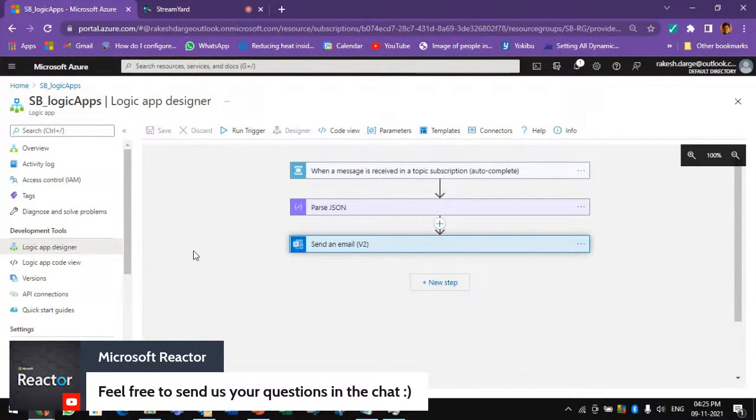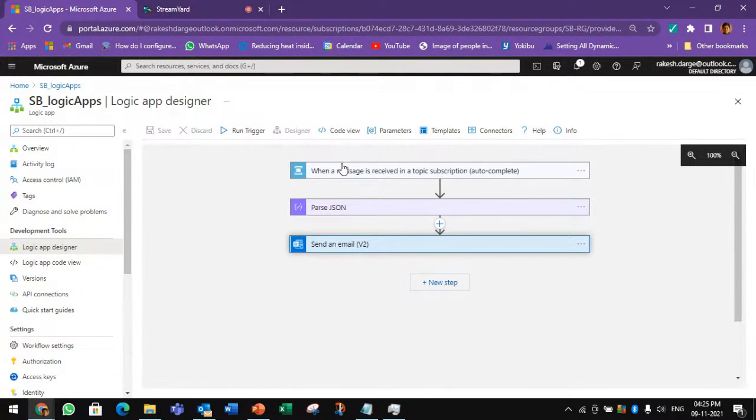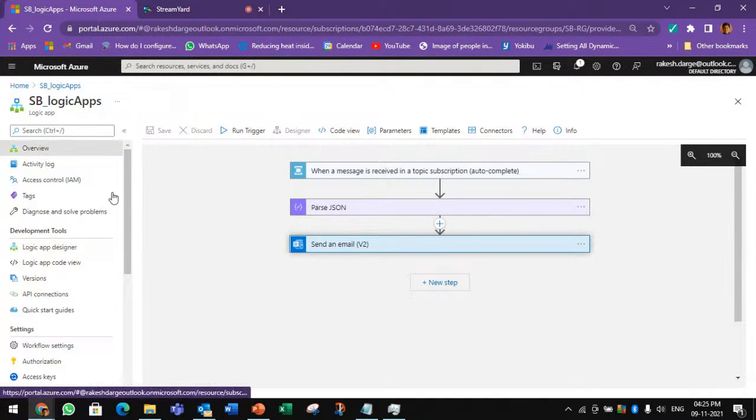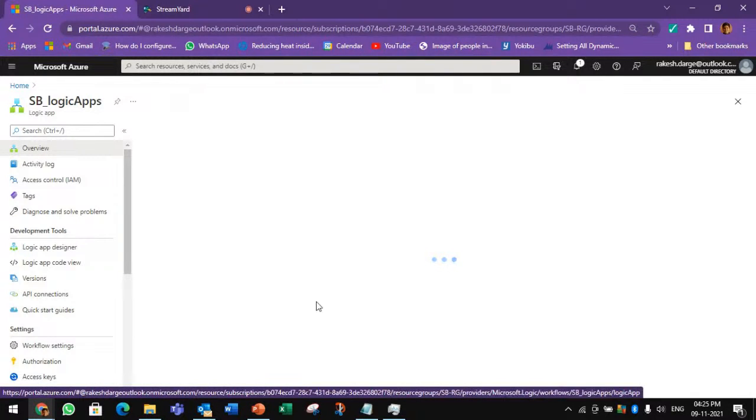So we have a business event trigger from the finance and operation app, and then we have a service bus endpoint which is connected to that business event inside the finance and operation app, and that service bus event as a trigger is configured in the Logic app. So as and when the message is received at the topic subscription level, it automatically executes the Logic app, right? So if you just go back and look at the history of that executed Logic app,